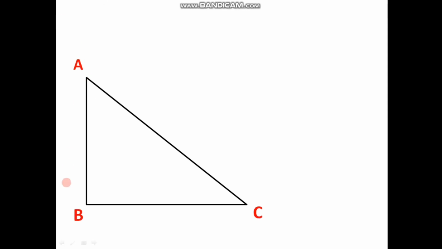Suppose there is a triangle ABC, which is a right angled triangle where angle B is 90 degrees. If we draw a perpendicular from vertex B to the hypotenuse, that is BD, then BD is perpendicular to the hypotenuse AC, and in this way we have got these two triangles. Now by this property we have to prove that these two triangles are similar to the original one.